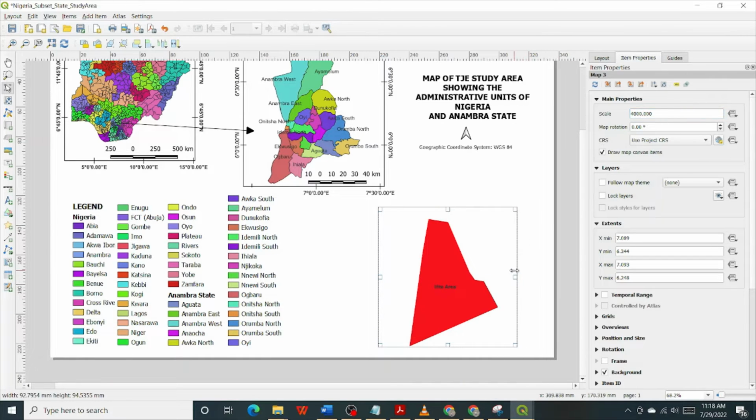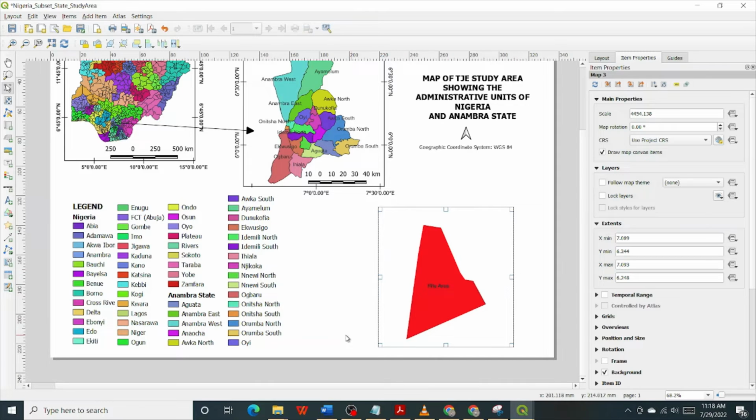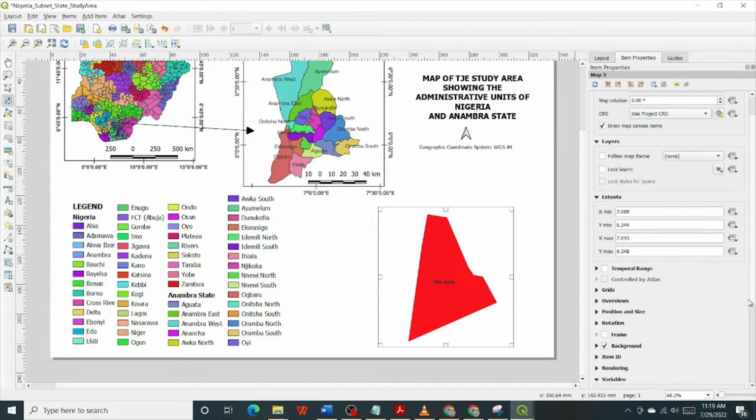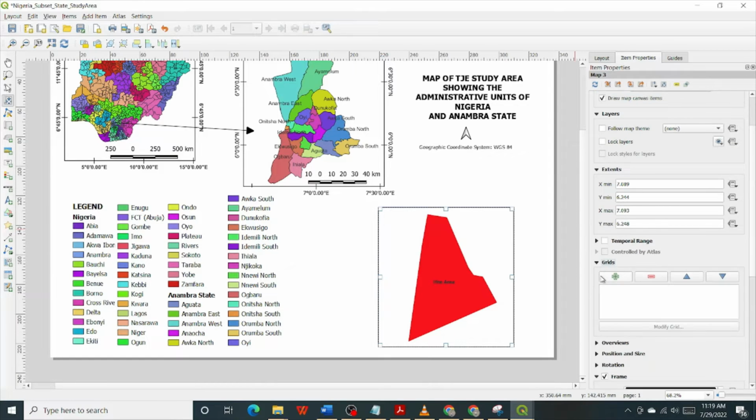Still reduce the span and adjust the item content, center it further, then go back to 4,000. Better. Insert scale. Let's go, or rather let's insert the grids first. Frame, grids, insert, modify the grids,